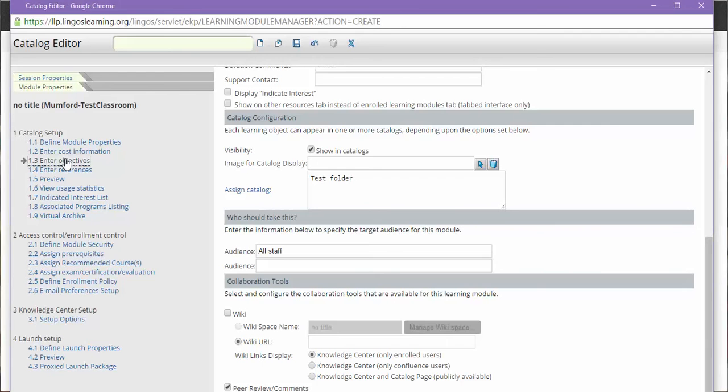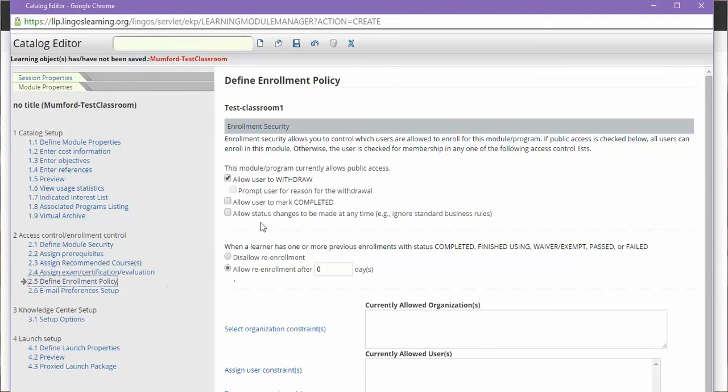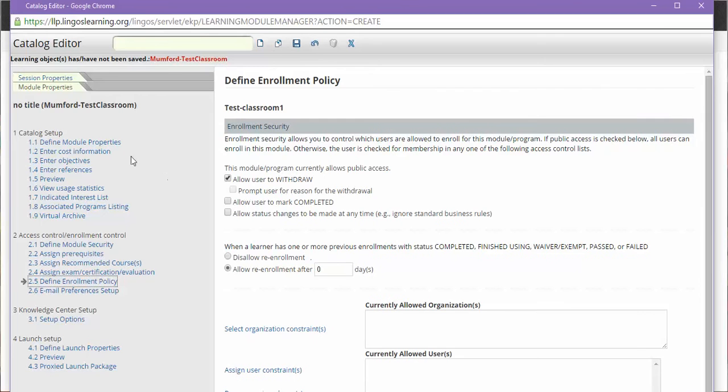You can then enter your objectives. As you can see, objective 1, objective 2, and then you can also make sure that you define the enrolment policy, so you can allow them to withdraw. You can also allow them to mark complete if they've attended, but you can do this using the enrolment wizard, which is another function that we have tutorials on. Importantly, make sure you click Save,